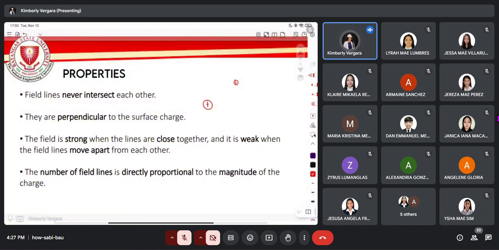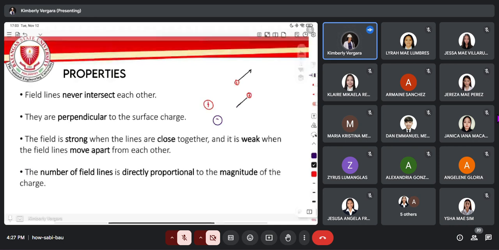Okay? Ibig sabihin, ang electric field ko dahil siya ay positive to positive, ang aking electric field is palayo. Kaya siya ay outward. Pero paano naman kung negative? Sabihin natin negative po, then positive. Ibig sabihin, ang aking electric field is inward. Same lang po ang direction